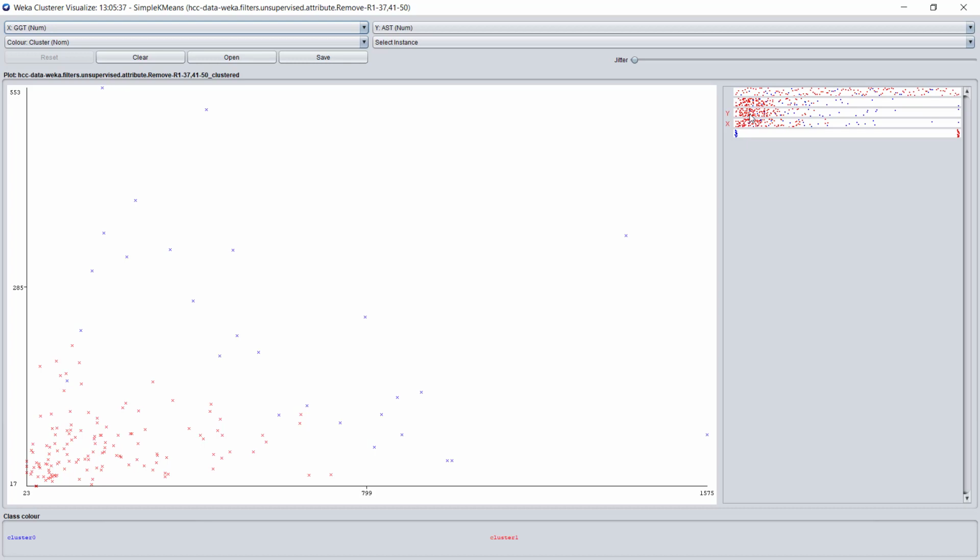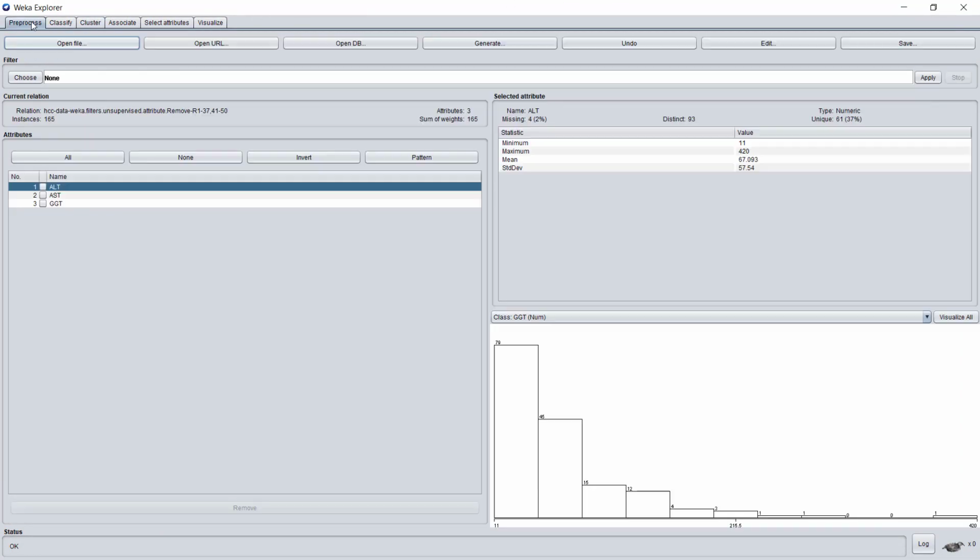Let's see. Let's try to repeat this process while looking at how much these groups correspond to one of the other attributes in the dataset, let's say the symptoms. I will close this window, go back to the pre-process, and repeat my selection of attributes, so I will leave also the symptoms one.